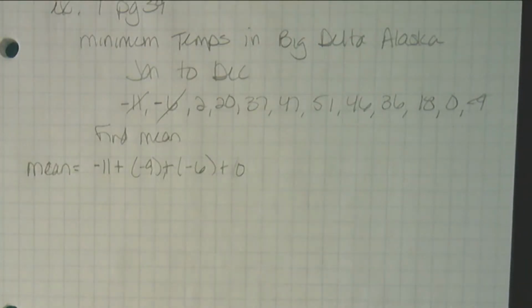If I'm finding median and mode, why is it important for me to put 0 in there? For mean, it really isn't. But why for median or mode is it important? Molly? Exactly. It's an actual data value, right? It's a temperature. So it's one of our data items. So I do need to include it in there when I'm finding median.